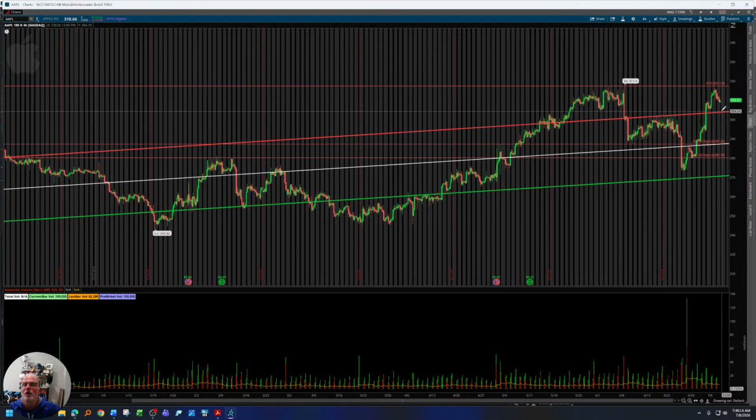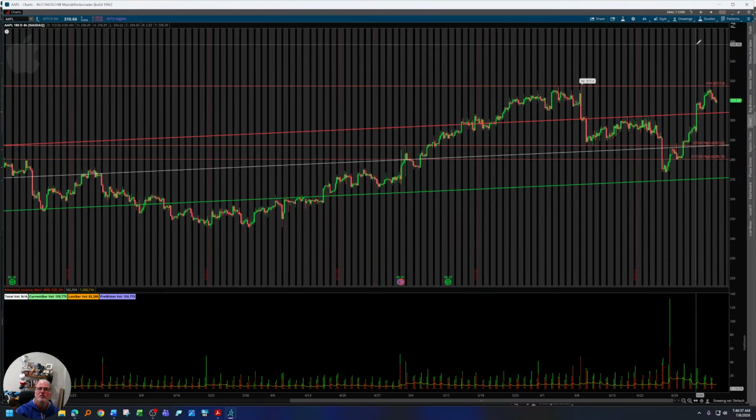So pullback longs, I don't mind if we pull back to the 304 level. You can use that as a nice level. However, you got to watch out for the speed zone. If you lose this 304 level, I think you quickly come down at least to, and definitely give all that back, 294.50. And even if you lose that, 287.22. This is a 4-hour chart, right? So it's more of a longer type of bias on this. But we are definitely pushing higher.